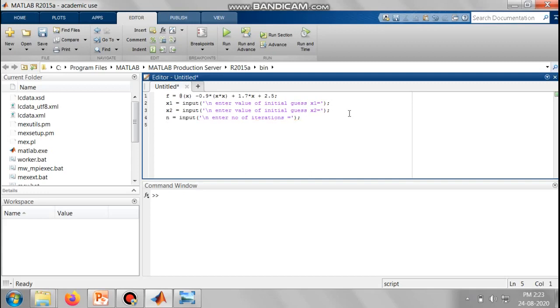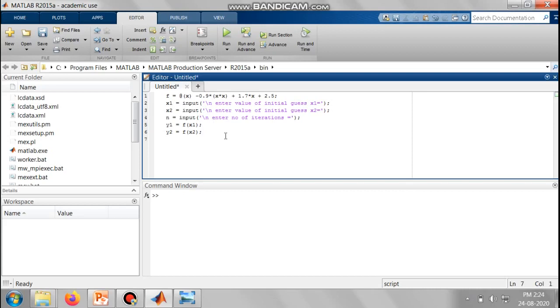So as we know that we have declared the values of x1 and x2, we can find out respective functions. So I will declare y1 as function of x1, and also I will declare y2 as function of x2. So using these two statements, which is fifth and sixth statement, value of y1 and y2 will be calculated. Now after calculating values of y1 and y2, we have to check whether these two initial guesses which we have entered are correct or not.